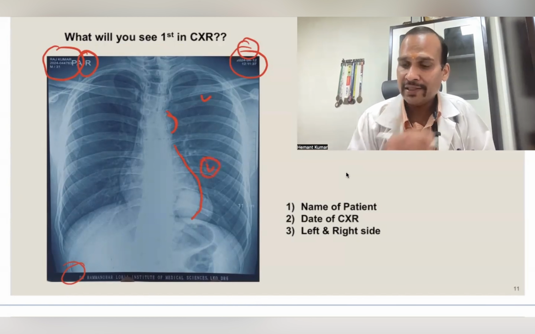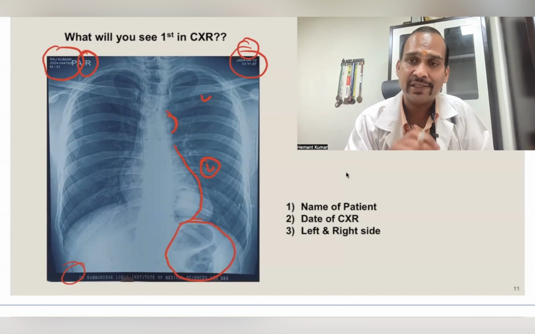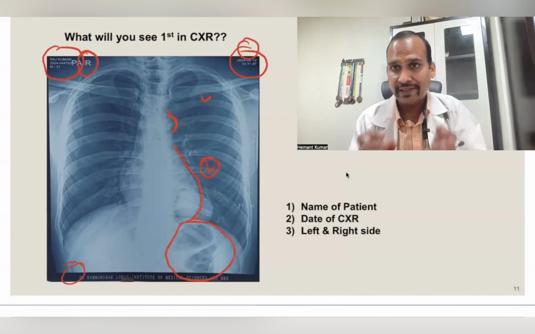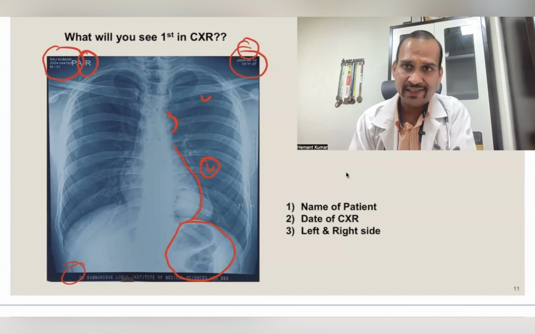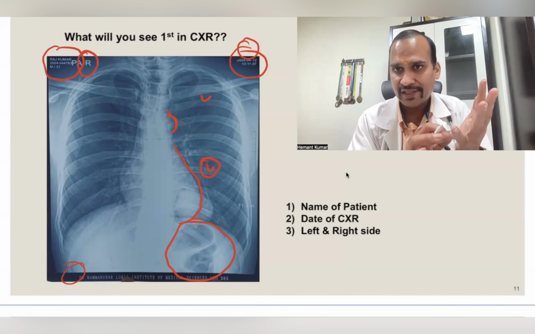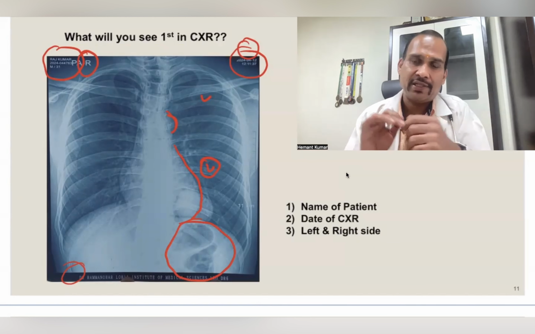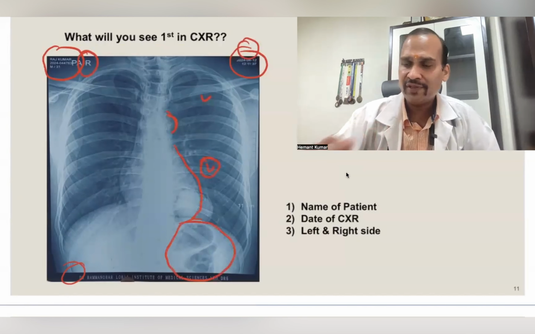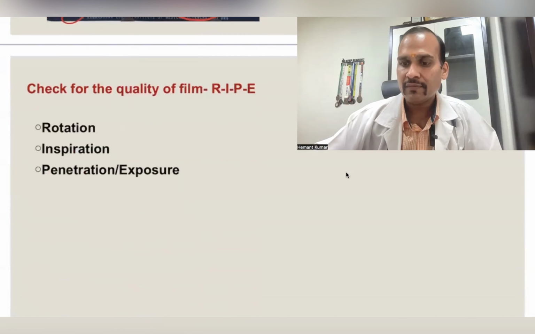Okay. Another thing is this black shadow. What is this? This is the fundus shadow. Fundus means stomach. Air in the stomach looks black. So whenever there is a fundus shadow, that is the left side. Exceptions are there, but usually the aortic knuckle, heart shadow, and this fundus shadow are on the left side. So by this we can determine the side.